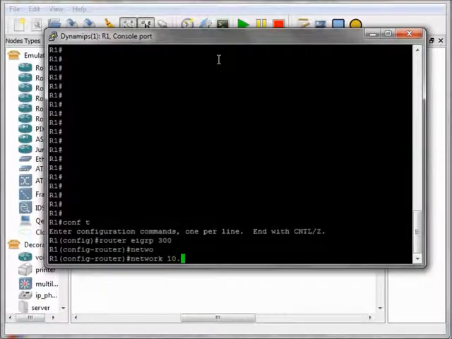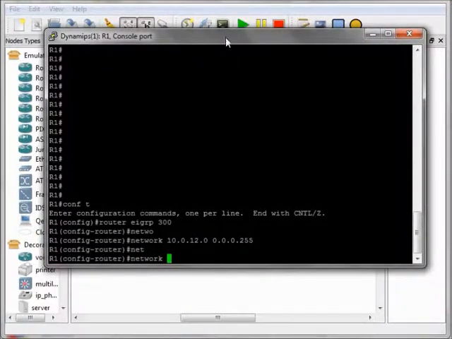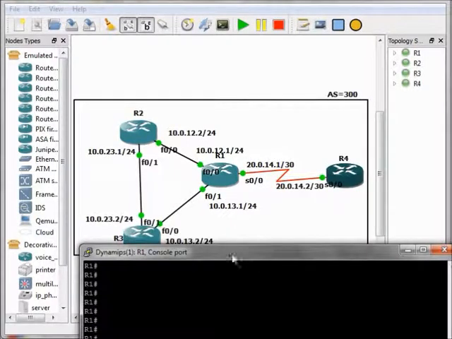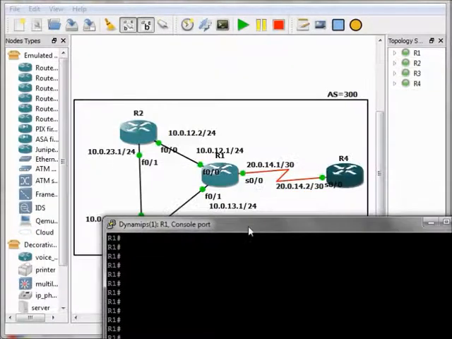The first network is 10.0.12.0. 10.0.12.0/24 means that 255.255.255.0. This means that wildcard mask is change every 1 to 0 and change every 0 to 1. This means wildcard mask is 0.0.0.255. The second network is 10.0.13.0/24, 10.0.13.0. The wildcard mask 0.0.0.255. The third network is